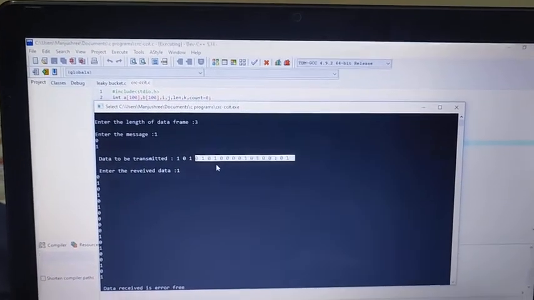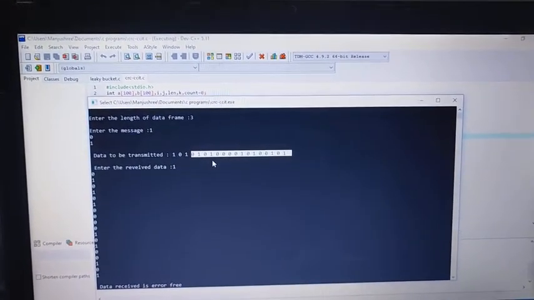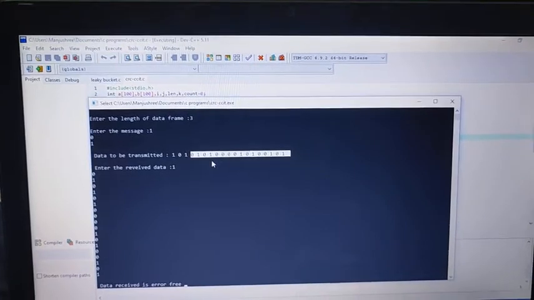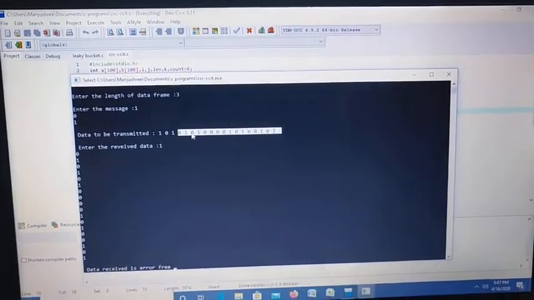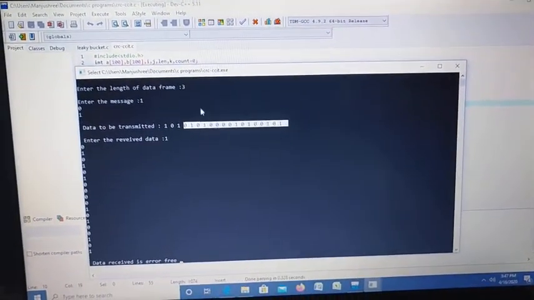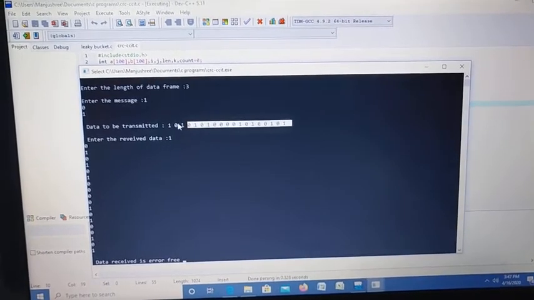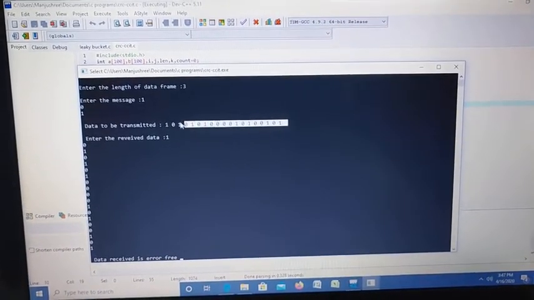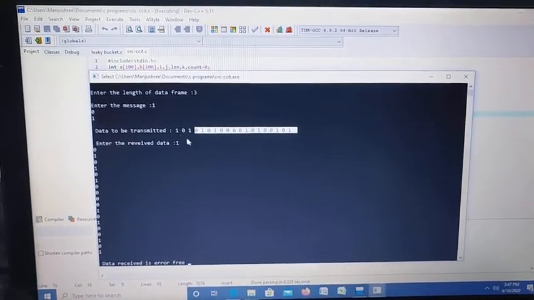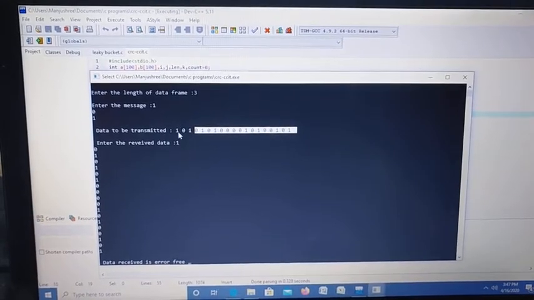That's why it adds redundant bits, and the receiver also knows that these are redundant bits. The receiver removes these bits and considers only the message signal.